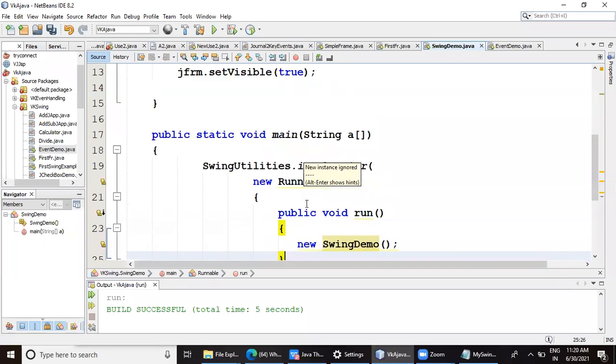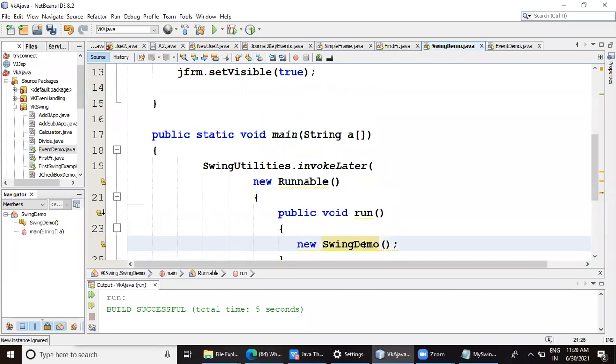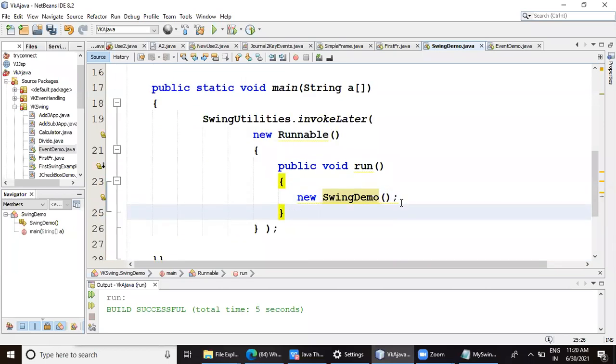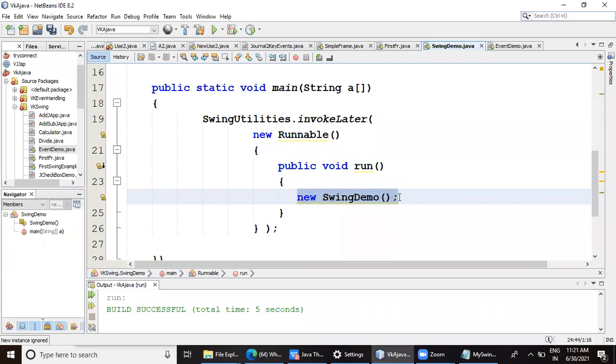Now here, see, basically we want the object. Why did we create the object? Are we using that object for calling any method on further lines here? No, there are no other lines. We are just calling a constructor. Our intention to create that object was just to call the constructor. Even in the previous program, you will see that there is only one line. We have created that object and that object is doing nothing.